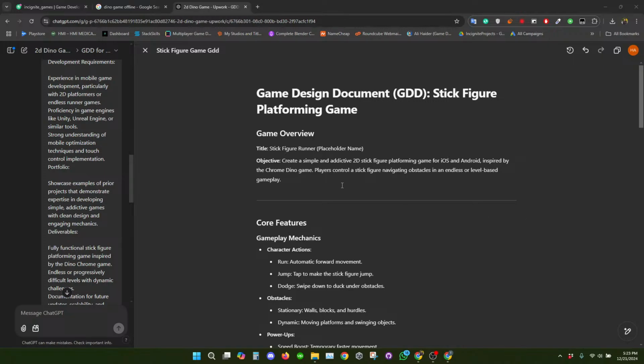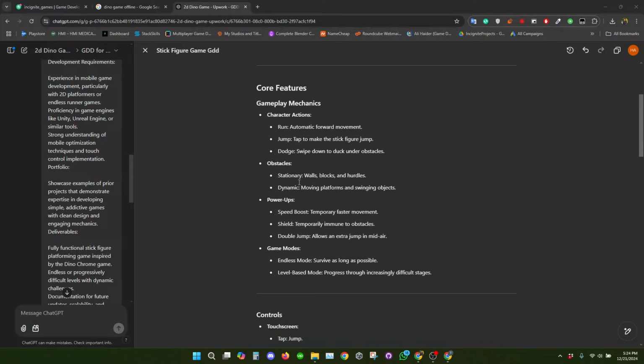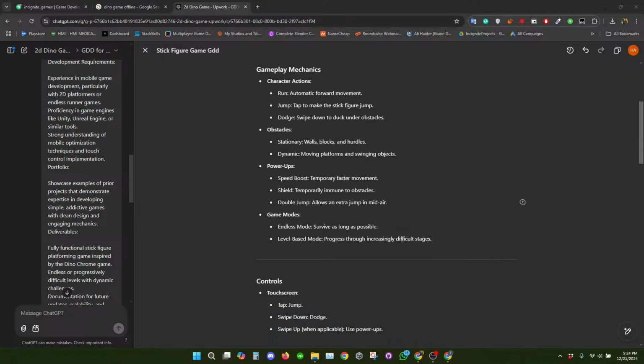Players control the stick figure navigating obstacles in an endless level-based gameplay. Cool. So gameplay mechanics: character actions, run, automatic forward movement. Tap to make the stick figure jump, and dodge is to swipe down to duck under obstacles. Obstacles: stationary walls, blocks, and hurdles, and then dynamic moving platforms and swinging objects.